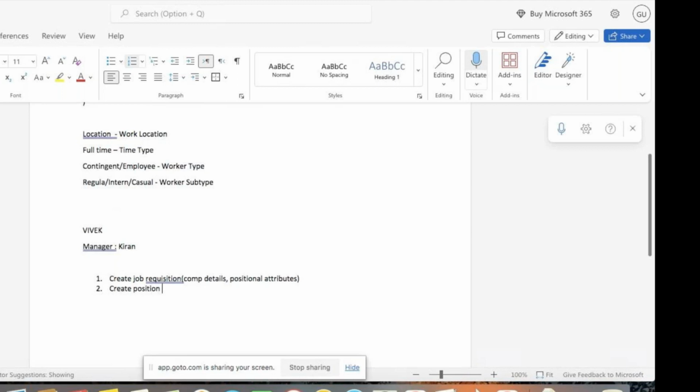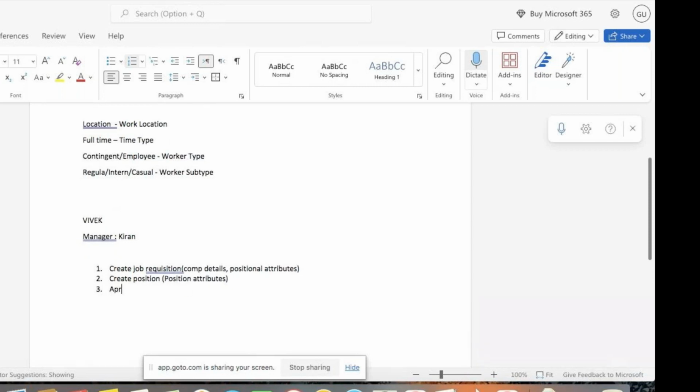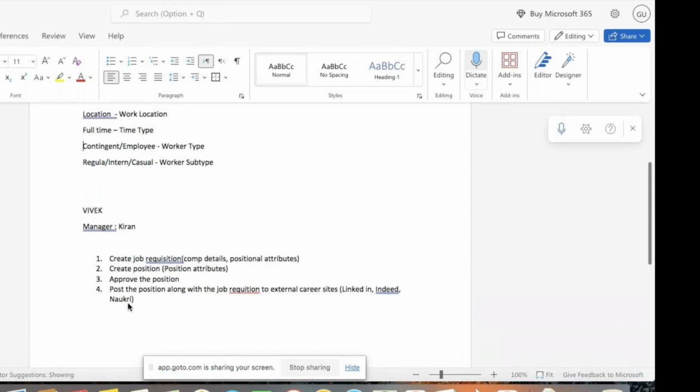Again, in this position, I'm going to input position attributes. Either you can input in the job rec and default into that will approve the position. Manager, are you? Why do we need a position in your organization? Position stands for it holds